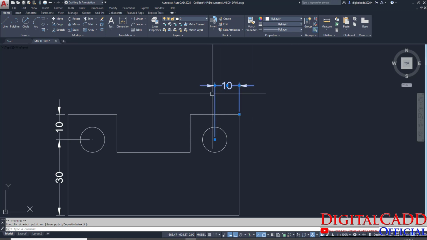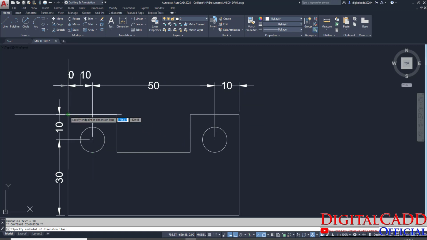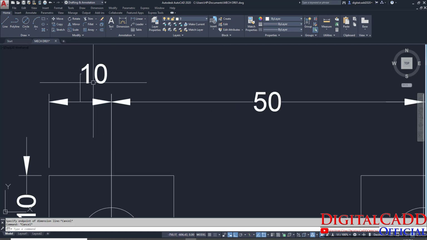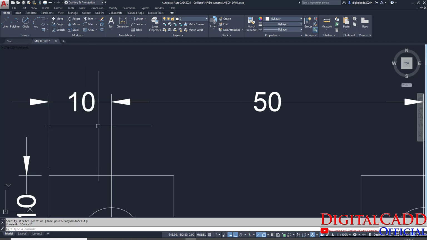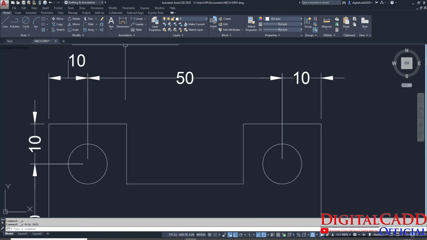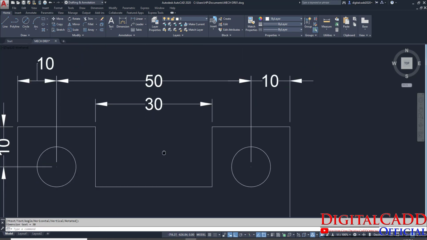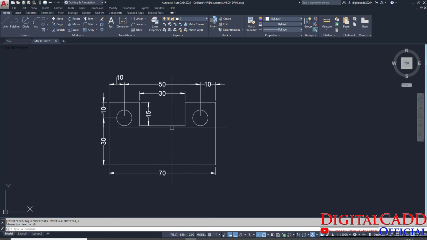Place it here in between, continue dimension, center point, and this one. If you want to change the location or position of the text, we can change it like this, otherwise that is okay. Now again take this linear tool, click here, place it here, double space like this. Okay, so everything is done.